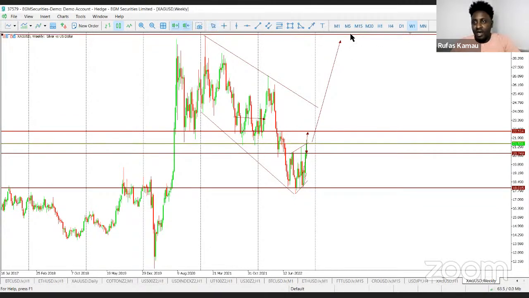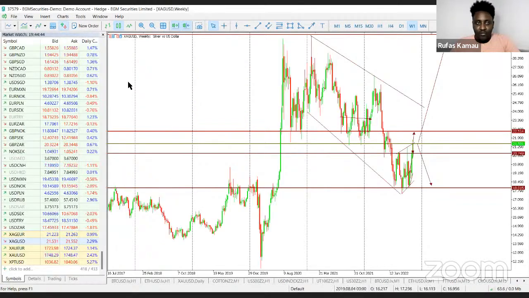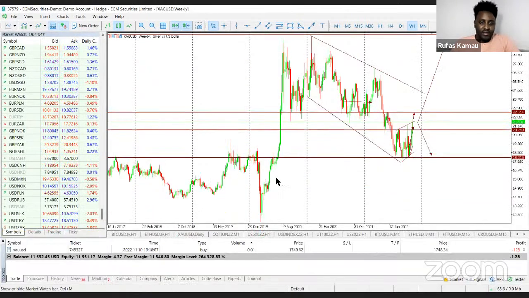So in this case, I think of $30. So $30 could be a potential target for silver. However, if the dollar keeps strengthening, then the most recent low is a direct target, which is around $18.0 per ounce of silver. One last thing before I end the session is that whenever you're trading silver, it's important to know